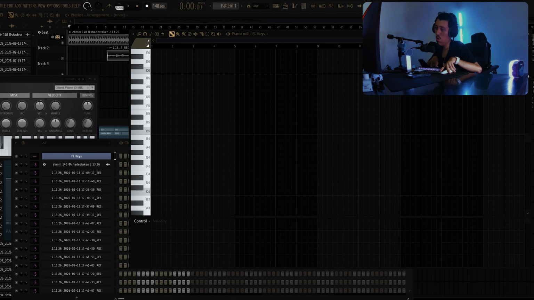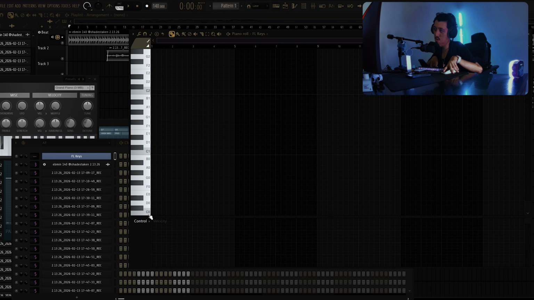A low note is like this. I don't know if that came through the mic, but basically a bass. So let's play this note. Alright, if I go higher, that's still bassy, believe it or not.